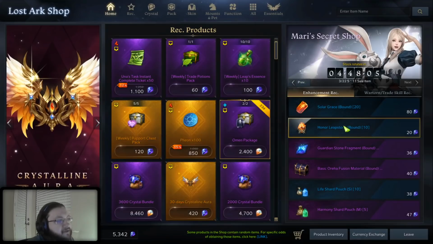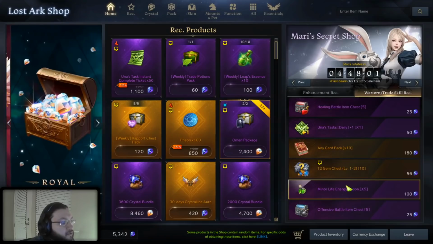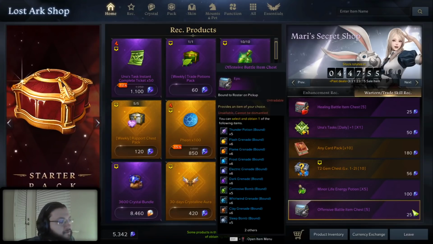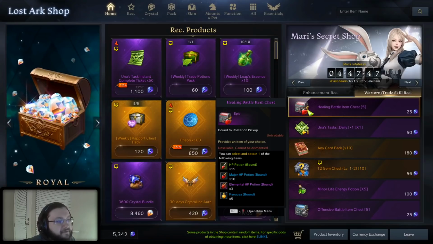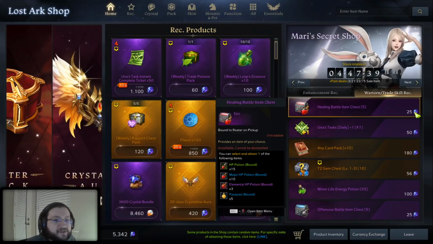and you end up getting 5 of the chests, whether it's for the battle items, the utility ones, the healing ones, the offensive. You get 5 chests, every one of these that you buy. They're all 25 blue crystals from the Mari shop. And then take a look at how many items you're going to end up getting. So from the healing battle chest, you can see that we get 5 chests that have 10 of these blue major HP potions each. So we're going to get 50 major HP potions for 25 blue crystals, which is about